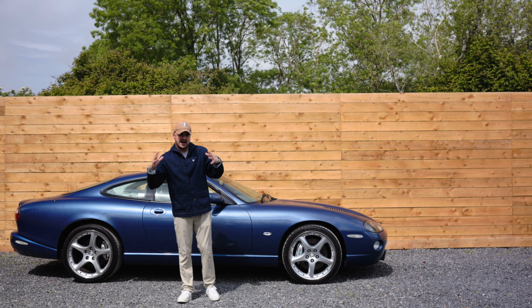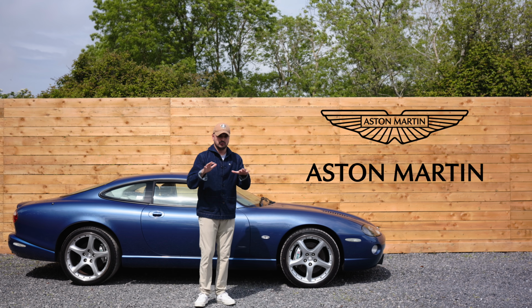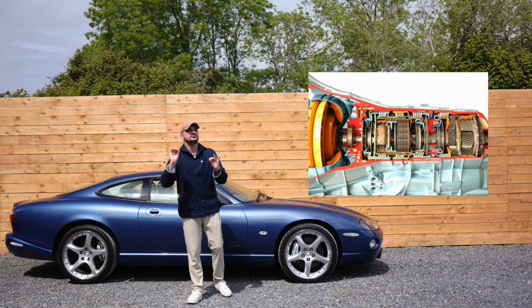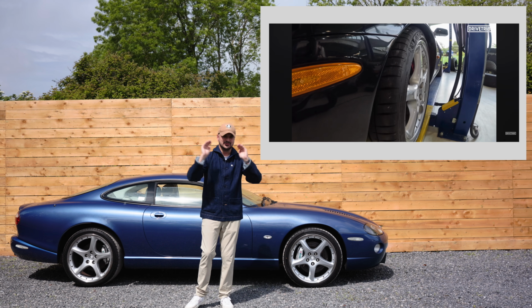Jaguar never made a manual V8 car from factory. The story goes that because Ford owned both Jaguar and Aston Martin, Ford allowed Aston to have the manual DB7, but Jaguar had to stick with the auto. However, Jaguar did make one prototype called the XKRR that had a manual gearbox,